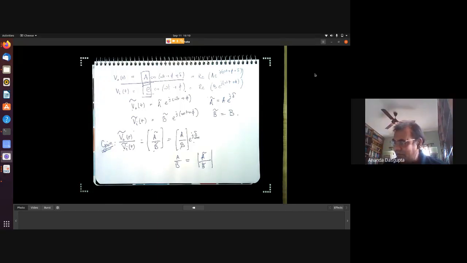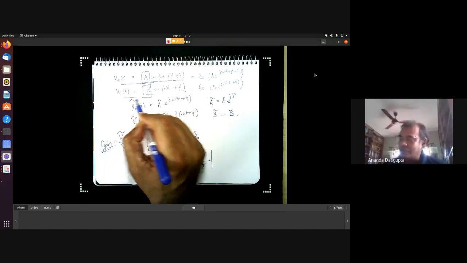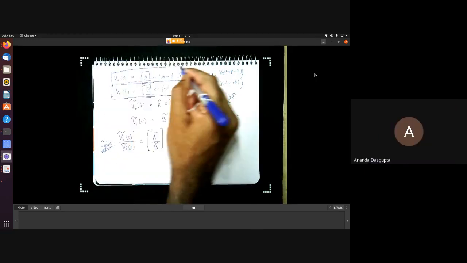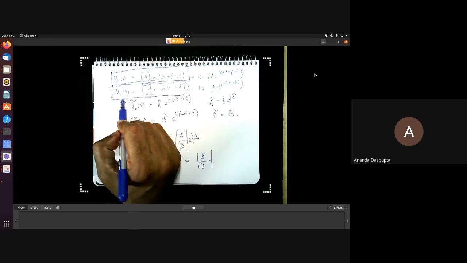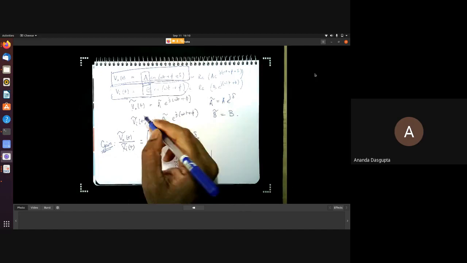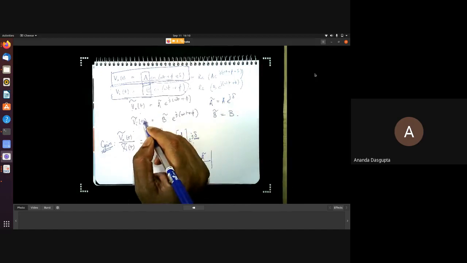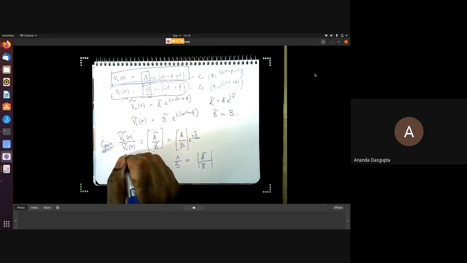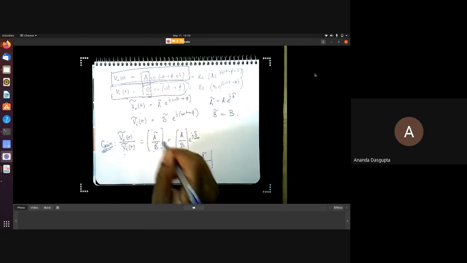I'm sorry if my two answers seem contradictory. Look, the input is this, B cos(omega t plus phi). That's always the input. Okay, the output is this. So the actual output and the actual input are always real functions. They are not complex numbers. Okay? The complex functions that we use are simply used for our ease of calculation. The ease of calculation, apart from being the fact that calculus is easy to do with exponentials, also tells you the fact that if you take the VO tilde by VI tilde ratio, the complex voltage ratio,